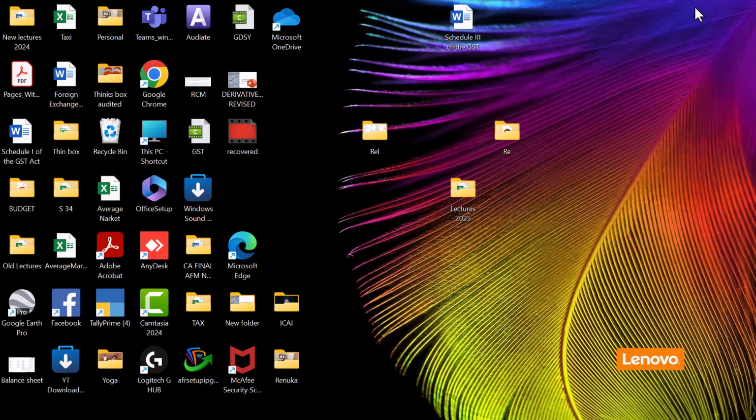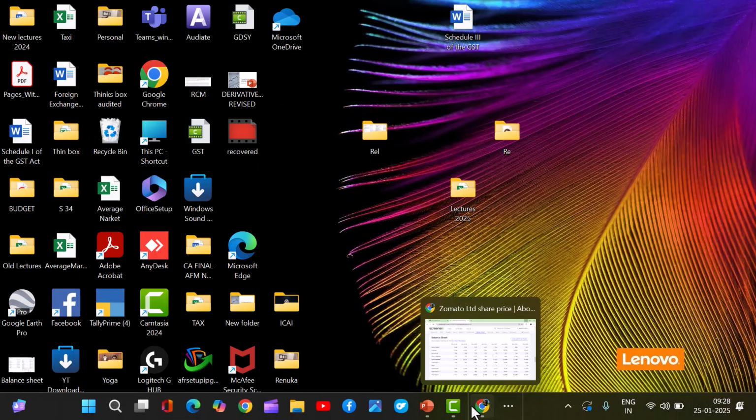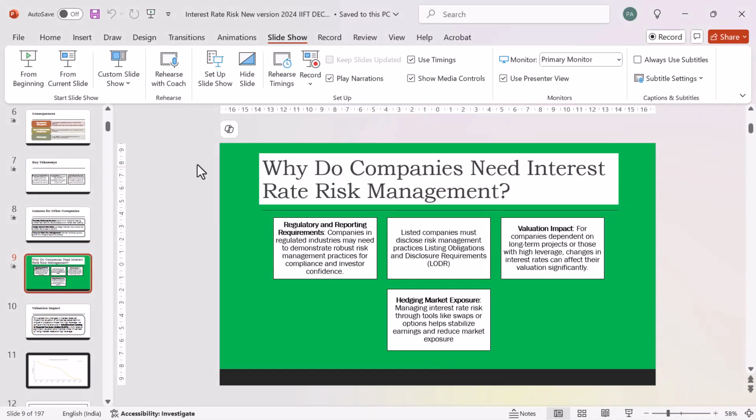So interest rates can basically affect the company's fortunes going ahead. That's where they need to manage. So now coming back to the same question,